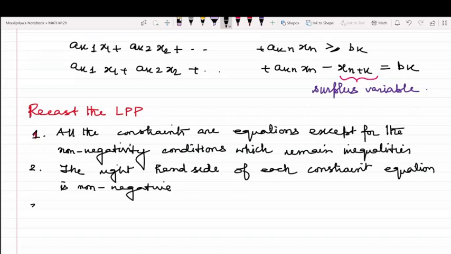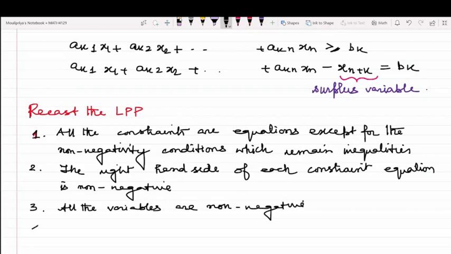What is the third point? All the variables are non-negative, and the objective function